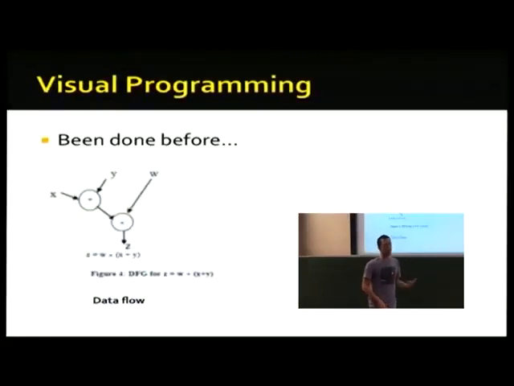Now, there's this thing called visual programming. I don't know who's used visual programming languages. There's quite a few of them. It's kind of an old idea. It comes from the early days of computing. There was this idea that you could represent mathematical operations as nodes in a graph. At the top of a graph, you'd have one or more links coming in, and that's data that flows into that node. Once it reaches the node, it does something. It produces an output, and that flows to the next one down the graph that might take inputs from other places, and so on.